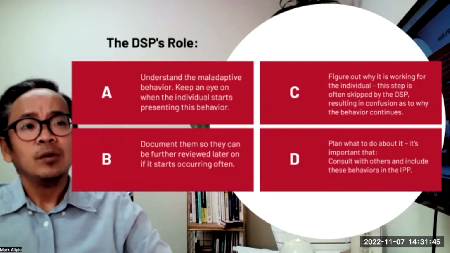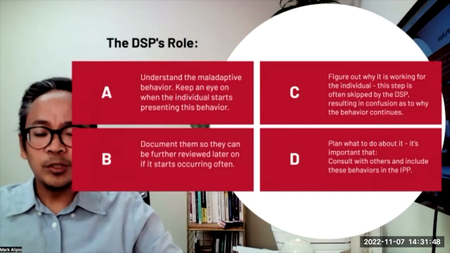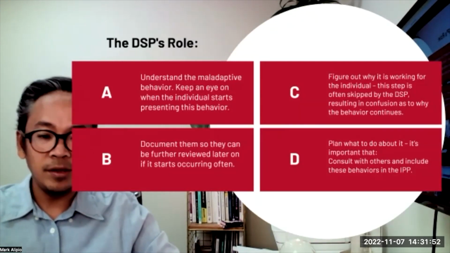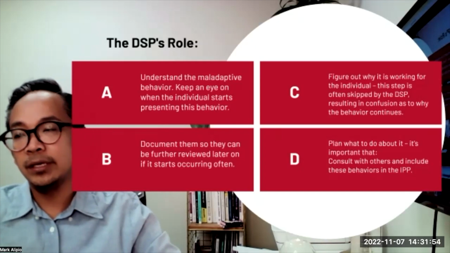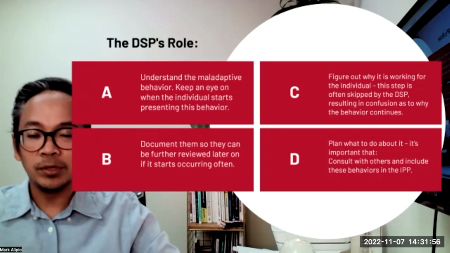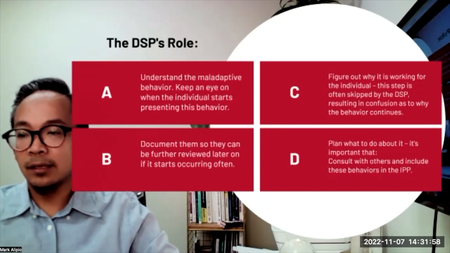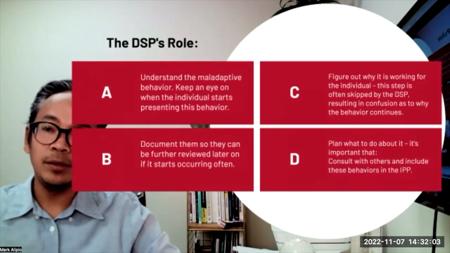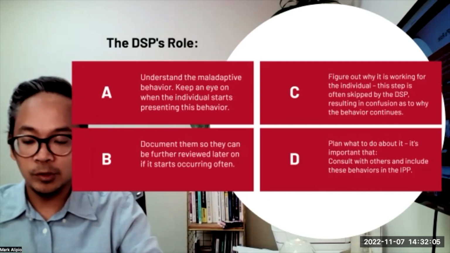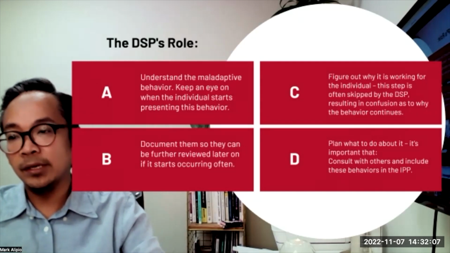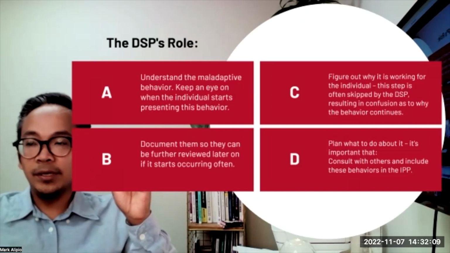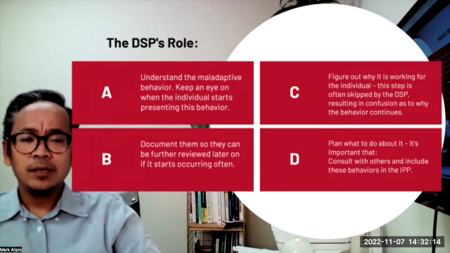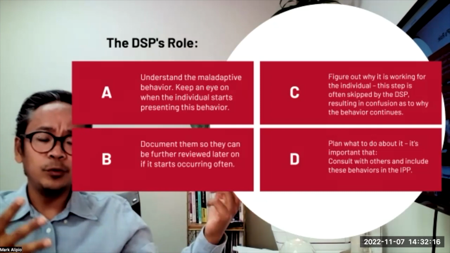Okay, and also we need to make sure that we are transparent. We need to make sure that we are including all these behaviors in the IPP, that is the individual person plan. As we talked about the IPP, we're actually having another training in regards to the IPP. But the IPP is the contract between regional center and the individual client if you are working with